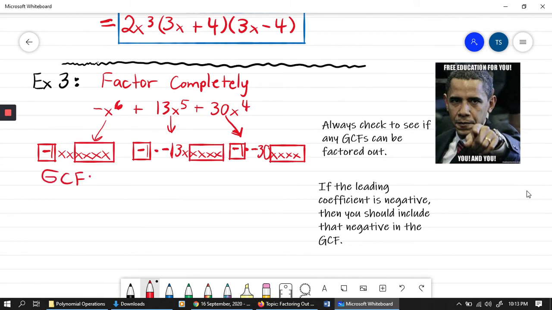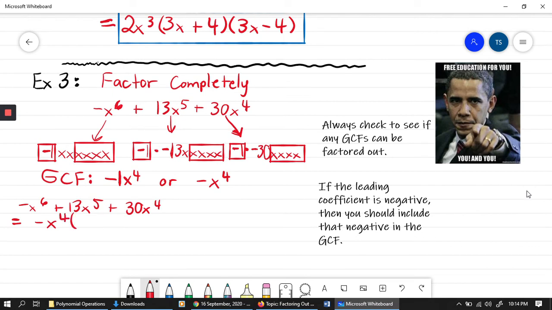that can be taken out as part of the GCF. Those common, or the greatest common factors there, we would have negative, and even though technically I don't have to write 1 here, I'm going to write 1. Even though we know if 1 wasn't written, it would be understood that it's a 1 written there. And this is x to the 4th power, right? Because there are 4 x's that they have in common. So the GCF would be negative x to the 4th power. So if we factor out that GCF, the negative x to the 4th power,